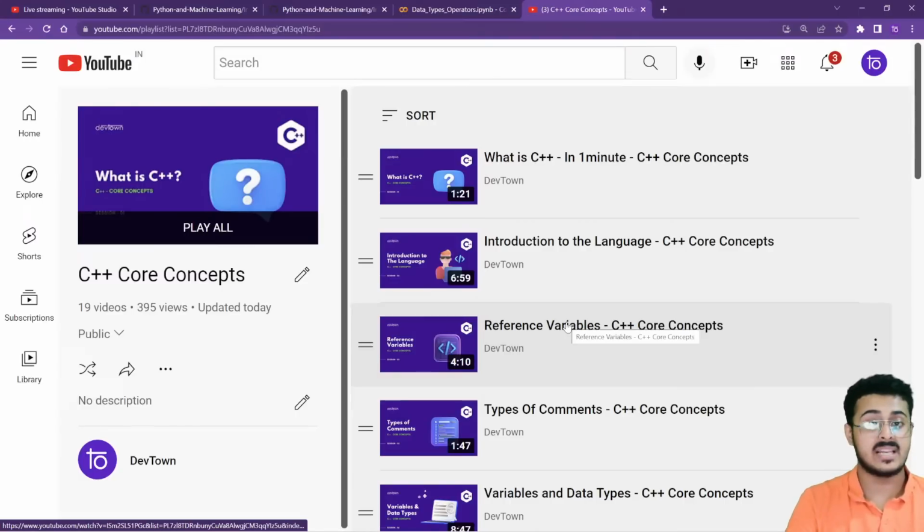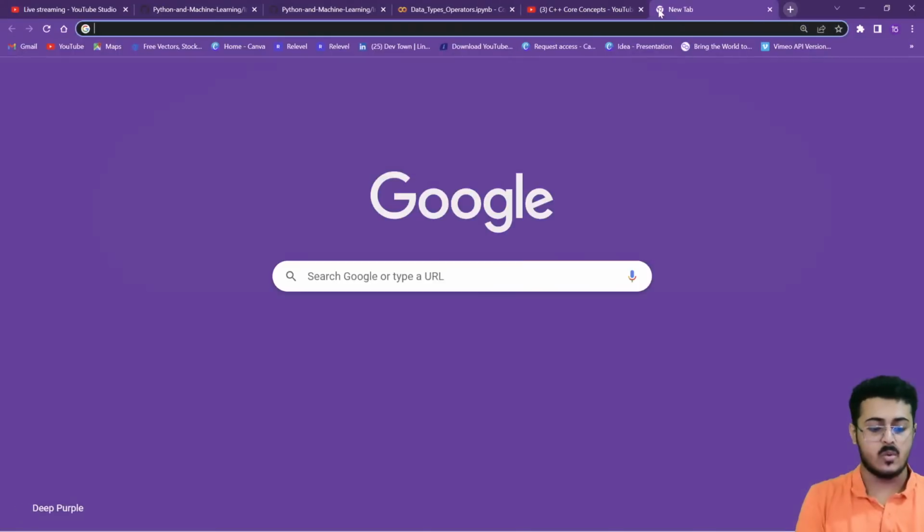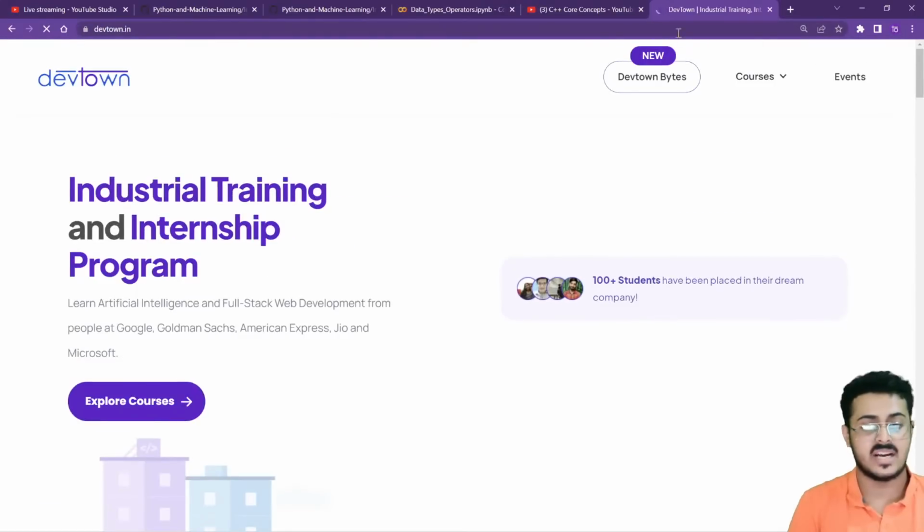Every single programming language that is important, we will be doing all the programming languages right over here on our website. Go right over here and learn it for free. There's no charge associated with that. Along with that, on our website as well, if you go to devtown.in, that is our website right over here,